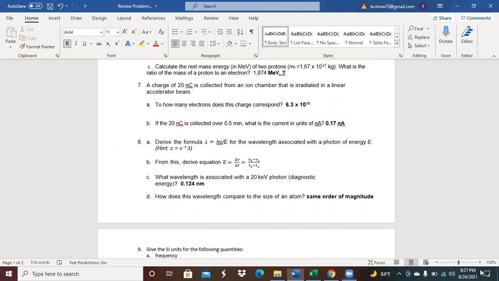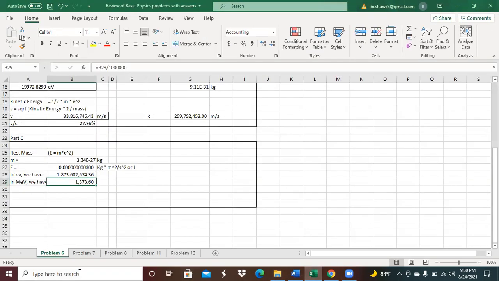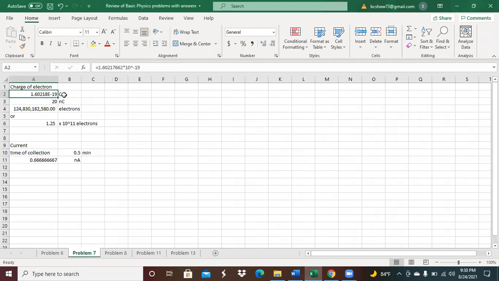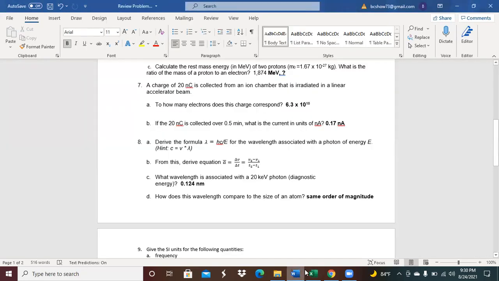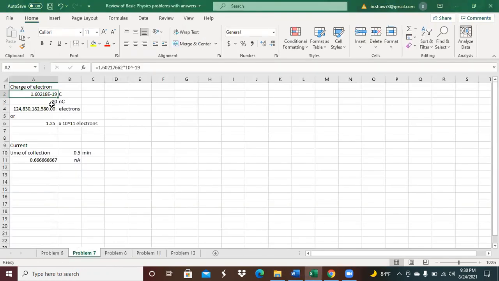All right, problem number 7. A charge of 20 nanocoulombs is collected from an ion chamber that is irradiated in a linear accelerator beam. To how many electrons does this charge correspond? Well, it collected 20 nanocoulombs. Each electron has 1.60218 times 10 to the minus 19th coulombs. If this is the amount of charge that was collected,